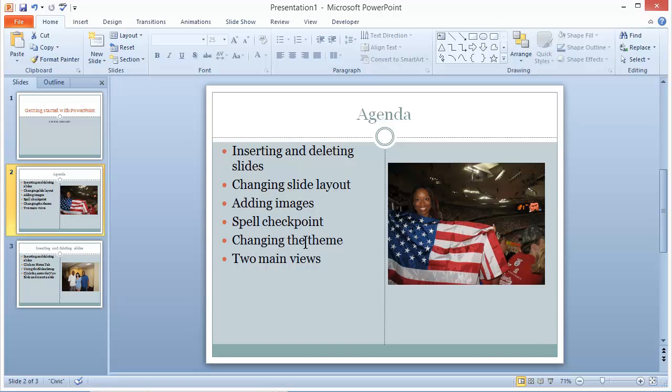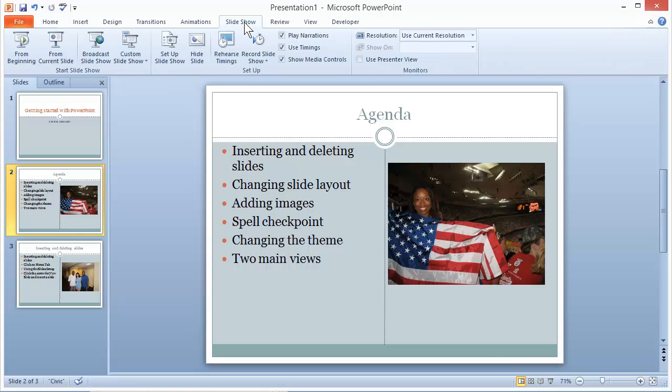One last thing to discuss is the 2 views you have. Right now I'm at 71% and I'm in what's called normal view right here. This is where you're, I hate to say it, normally working because you're typing text, you're putting in pictures. The other view you want to be in is where you show your slideshow to people. That is called slideshow. So if I go to slideshow